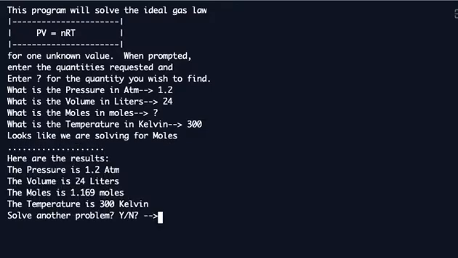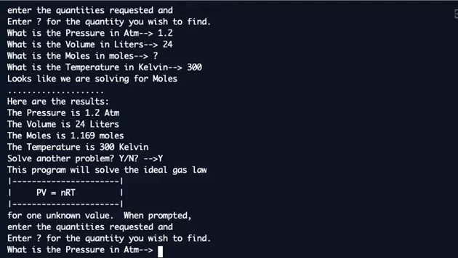So what it does is it tells me we're solving for the moles. It figured that out because that's what the question mark was. And it summarizes the pressure, the volume, the number of moles right here, and the temperature. And then it asks if I'd like to solve another. If I hit Y for yes,